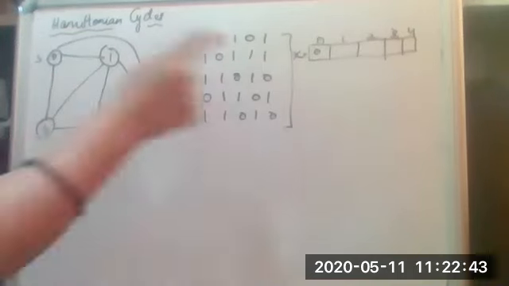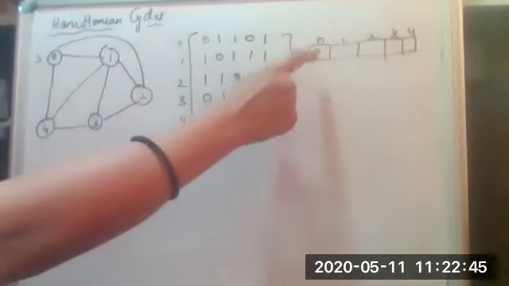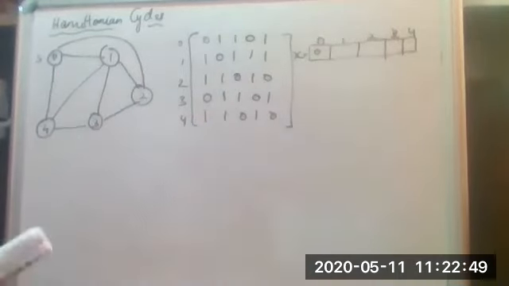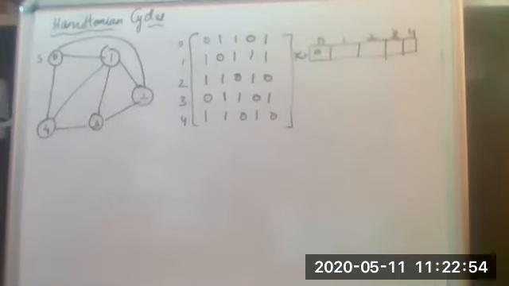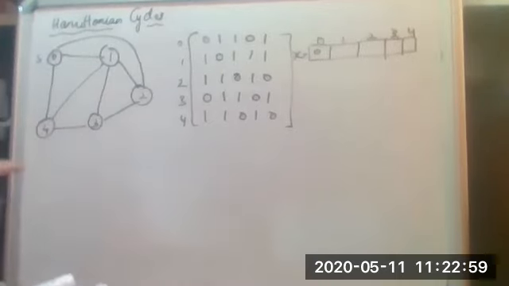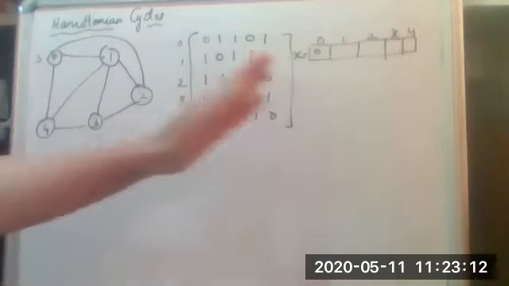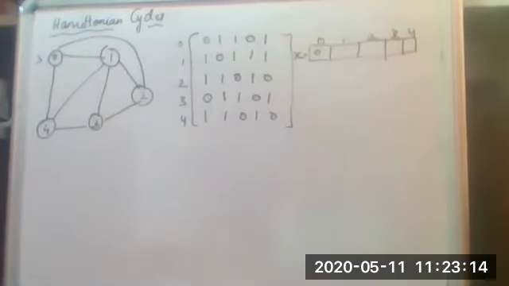And because we are starting from the first vertex, the path will have n plus 1 vertices, where the first and the last vertex will be the same. The tour will have how many vertices? It will have 6 vertices, where it starts from the source vertex, that is 0, and ends at the same vertex, that is 0. Fine. So we will see how this is going to work.